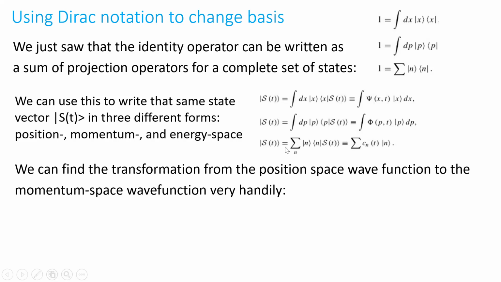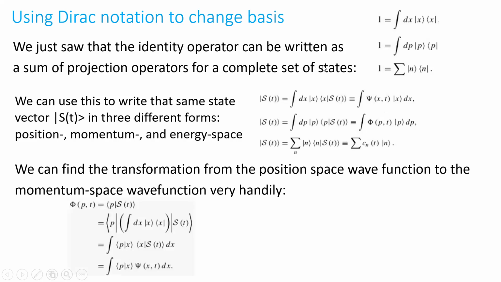Okay, finally, let's do an example. We can find the transformation from the position space wave function psi of x and t to the momentum space wave function phi of p and t very nicely here by using one of these completeness relations. Okay, so we start off by saying that phi of p and t is the inner product of p with